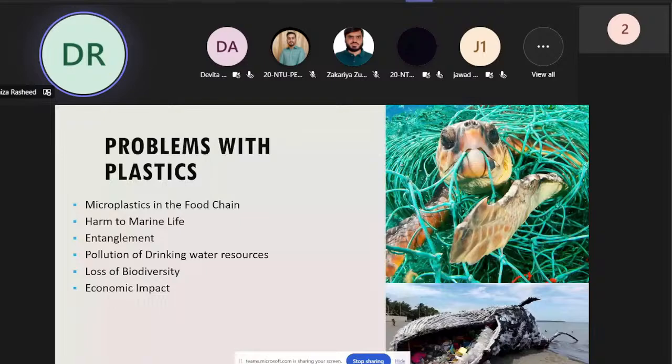So these plastics, though they are very versatile and very convenient for our use, do have some drawbacks. They could also end up in the food chain as microplastics. They can pollute our drinking water resources. They have resulted in loss of biodiversity due to incidents like the ones I have just shown you. And of course, the economic impact is also bad in some terms. Plastics are cheaper compared to their bio-based alternatives, but the environmental footprint is really bad. So the cost that we are saving now by not making a biodegradable alternative, we will be spending later on in terms of saving our environment.